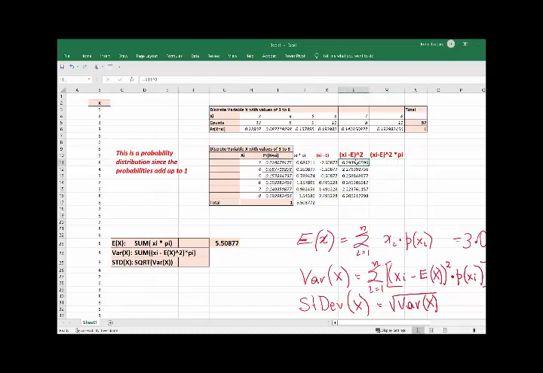I want to multiply this number with the probability of 3, that is y3, because this is my value of xi, the number 3. So I want to multiply the square of the difference times the corresponding probability. So I want to multiply the I11 with the L11. So I do equal